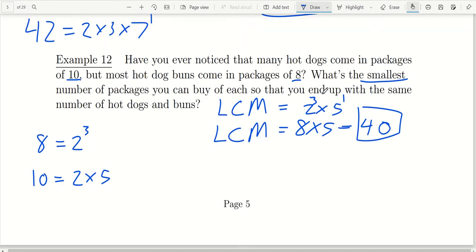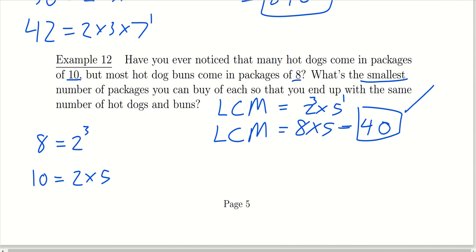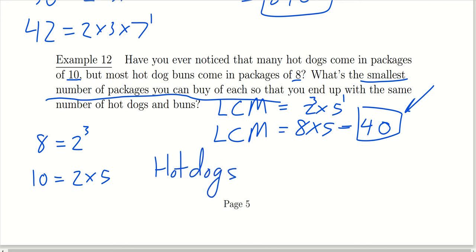Again, this is a real-world question, so we should be giving a real-world answer, and let's be very careful about what's being asked. So the LCM, the least common multiple, is going to be 40, which means that we're going to end up eventually with 40 hot dogs to pair with 40 buns. But the question didn't ask how many hot dogs and buns. It said how many packages of each should we buy. So we need to end up with 40 hot dogs. Notice that the hot dogs come in 10 to a pack. So the number of packages we're going to need to buy, 40 divided by 10, will give us 4 packs